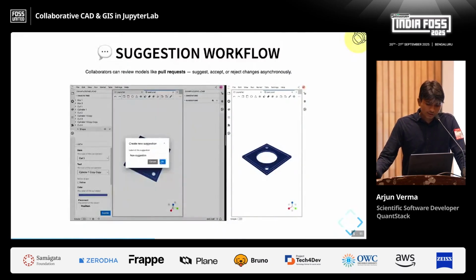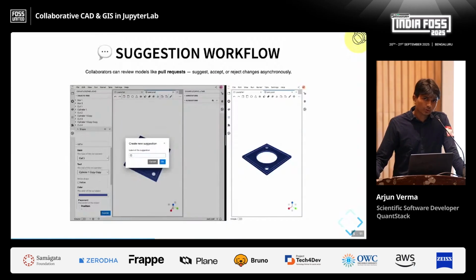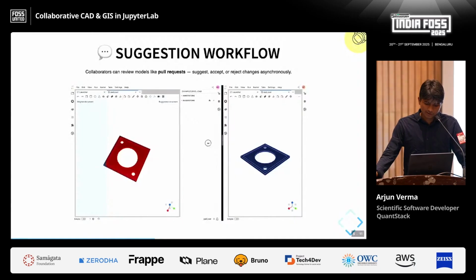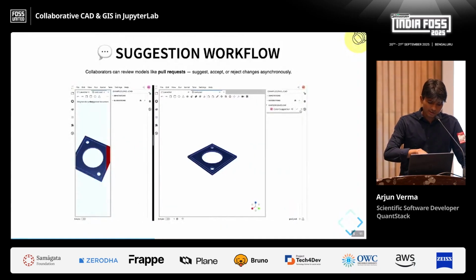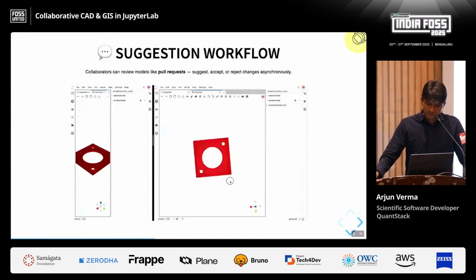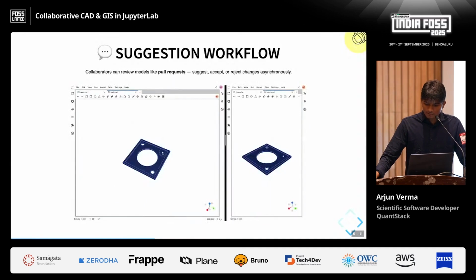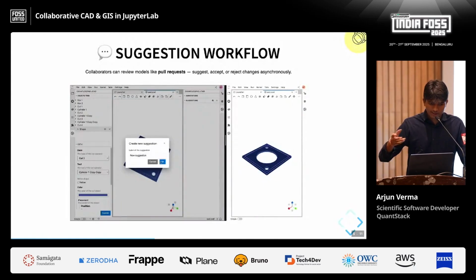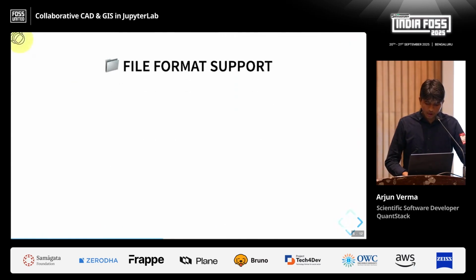And we also have a suggestion workflow, like how you review PRs and merge: maybe you accept a suggestion or you reject a suggestion. Similarly, you can do it in Jupyter CAD with the models as well. I have created a suggestion for the color of the model, and now the other user can see that. Someone has created a suggestion, and with the slider he can see what the change was, and I can accept or reject that suggestion, like how we do in GitHub